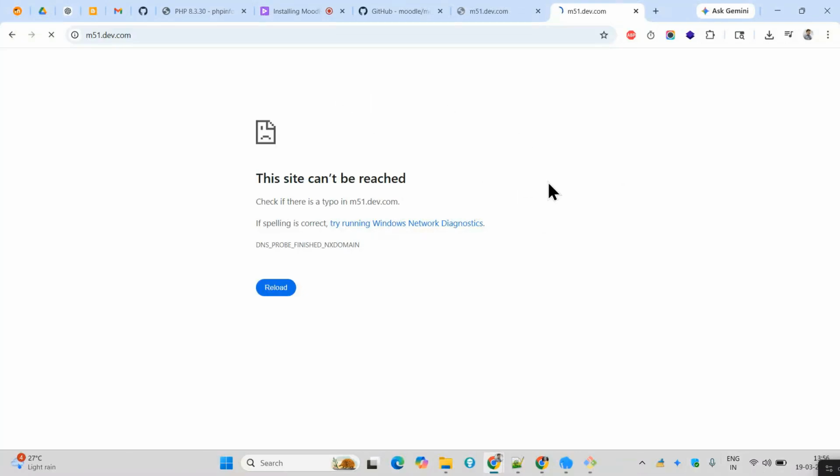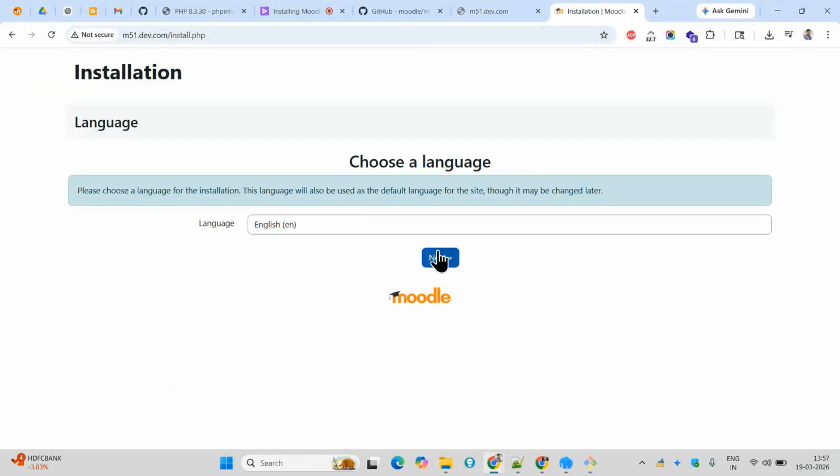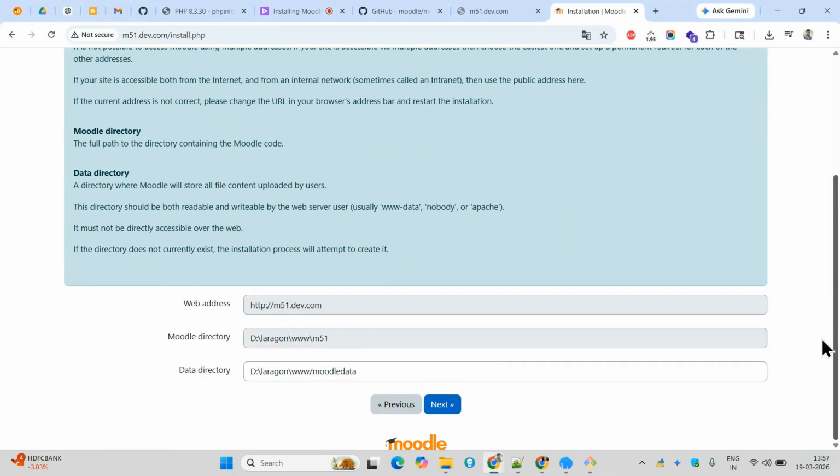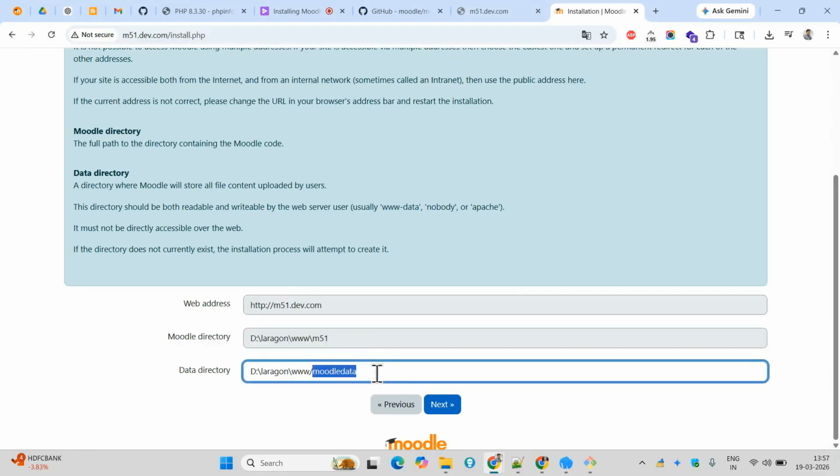So once it is loaded, everything is automation here. Automatically it will create this one. Yeah. Now you see this is coming here. Now if I go to next, I can see the path is coming. So this is one directory and this is Moodle data. I can add the path here. Let's say 50. And if I click next,